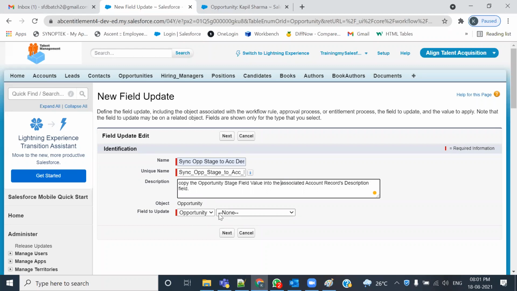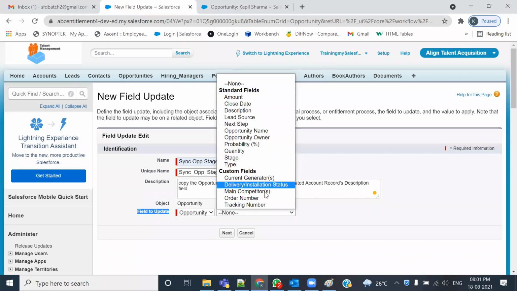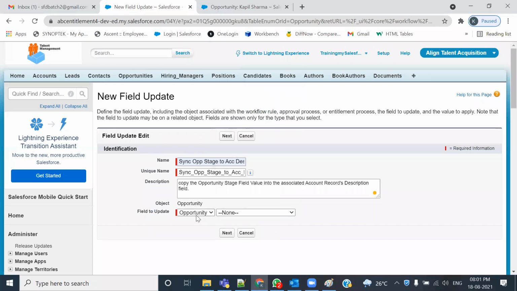ठीक है। हाँ, अब जैसे कि आपने फील्ड अपडेट एक्शन मांगा, आप देखिए, आप कौन से ऑब्जेक्ट पे वर्कफ्लो क्रिएट कर रहे हैं? यू आर क्रिएटिंग ऑन दी अपॉर्चुनिटी। फील्ड अपडेट एक्शन आपको कहाँ चाहिए? अपॉर्चुनिटी पे या अकाउंट? यहाँ देखिए दो ऑप्शन हैं आपके पास। अगर आप अपॉर्चुनिटी की ही फील्ड अपडेट करना चाहते हैं तो फिर यहाँ पे आपको अपॉर्चुनिटी की सारी फील्ड्स नजर आएंगी। लेकिन फिर बात ये आती है कि अगर हम अपॉर्चुनिटी से अपॉर्चुनिटी कर रहे हैं तो ये तो सेम ऑब्जेक्ट फील्ड अपडेट एक्शन हुआ, और ये हमारा यूज केस भी नहीं है।